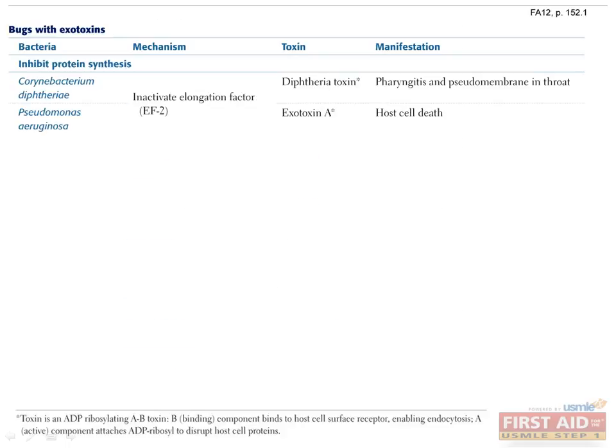Let's start with bacteria whose exotoxins act by inhibiting protein synthesis. Corynebacterium diphtheriae, and all those bacteria identified in this chart with an asterisk, produce exotoxins which are known as ADP ribosylating AB toxins. These toxins have two components. A B component facilitates the binding of the toxin to its target host cell. The A subunit is the active component, which will attach an ADP ribosyl group to the host protein, which effectively